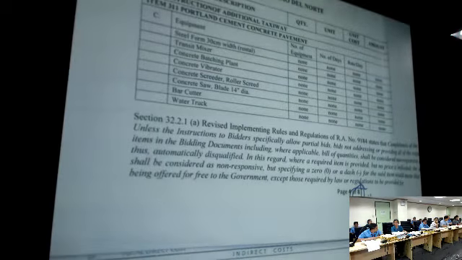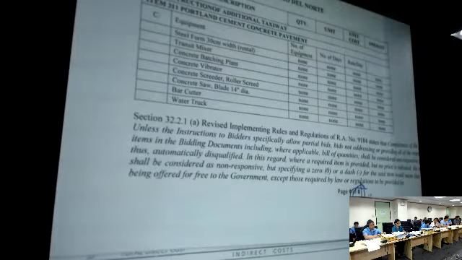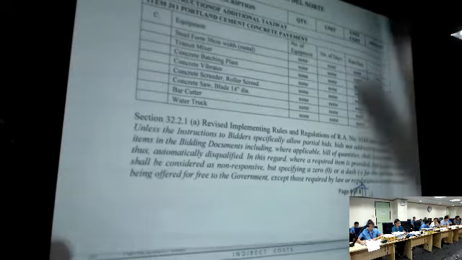Kasi di ba, yung sa list nila, may listahan tayong hinahanap ng mga equipment na dapat meron sila. So ngayon, pag in-include nila yung list na yon, nag-provide sila ng list plus proof of ownership, then they have the equipment. Now, in the estimate, hindi ibig sabihin na hindi nila in-include yun, that is already incomplete. It could be construed as free. I just doubt, hindi ko alam kung paano natin i-consider yun.